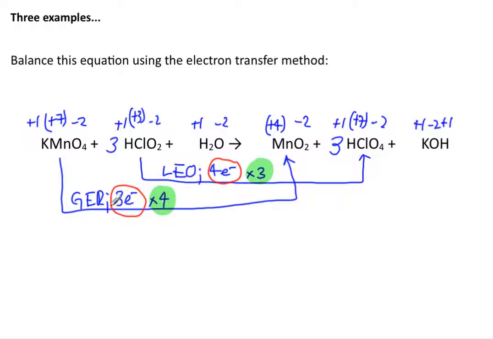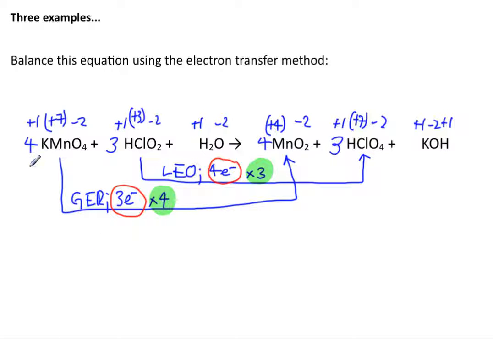And so the same here. I've multiplied by 4, so this becomes 4 permanganate, and that becomes 4 manganese dioxide. So I've balanced the electron transfer. So right away you see how many terms I've balanced by that simple, fairly simple process. Now all I have left is hydrogen, oxygen, and potassium, those species that did not exhibit any change in oxidation